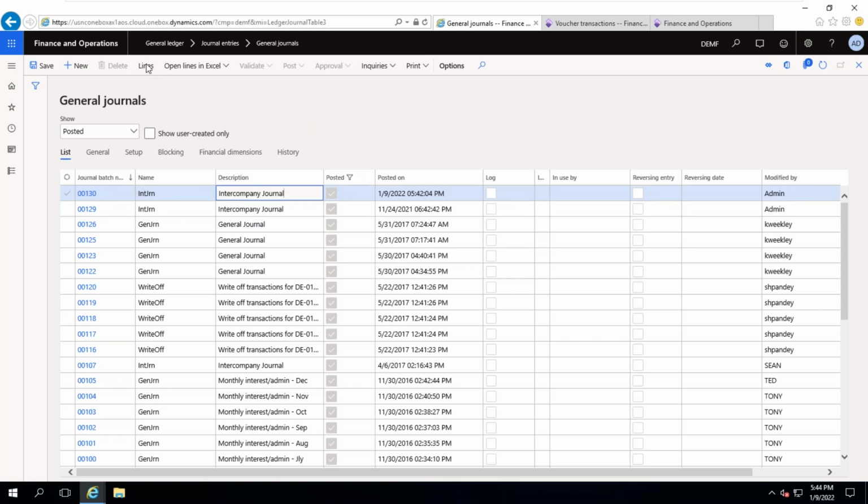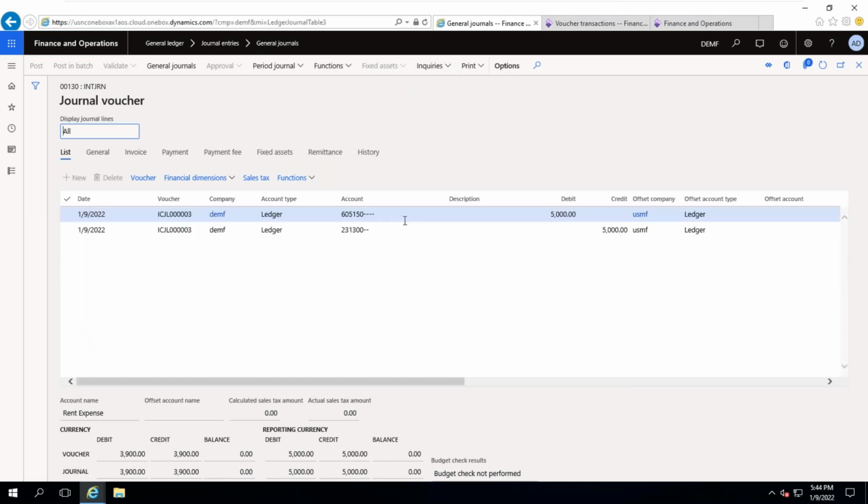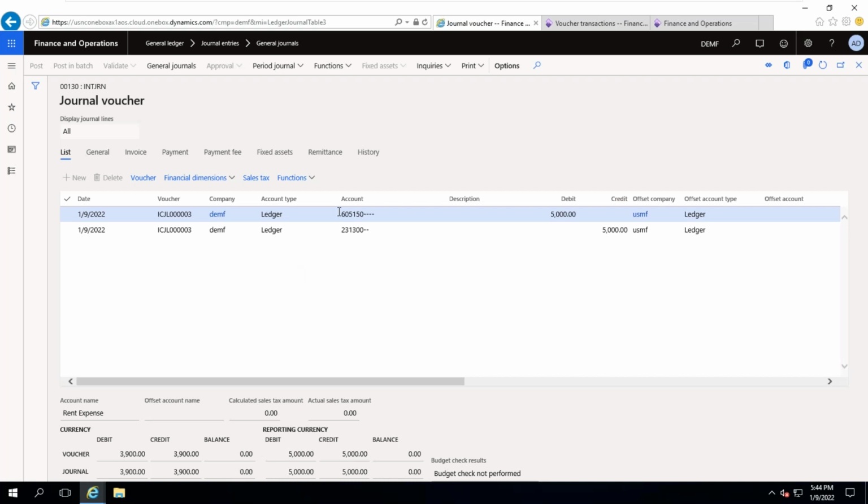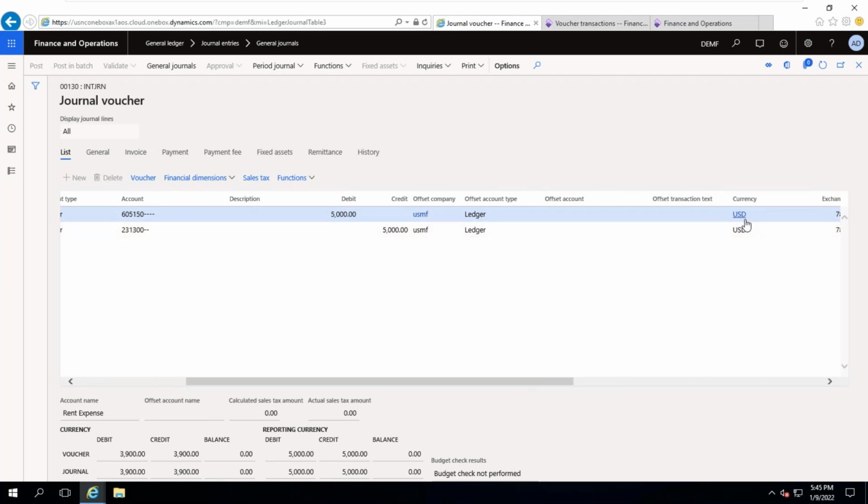If you go to lines, this was just now created, see 2022. I think I have shown this one in November 24, but once again I'm showing you, no problem. One journal got created. It was paid 5,000 US dollars. So in this, 3,900 amount was paid.